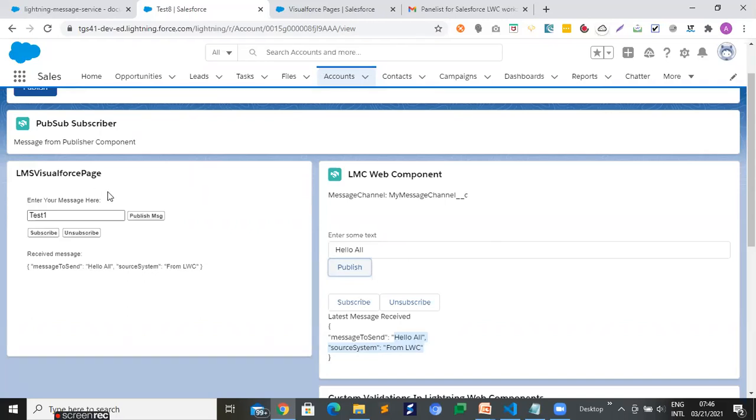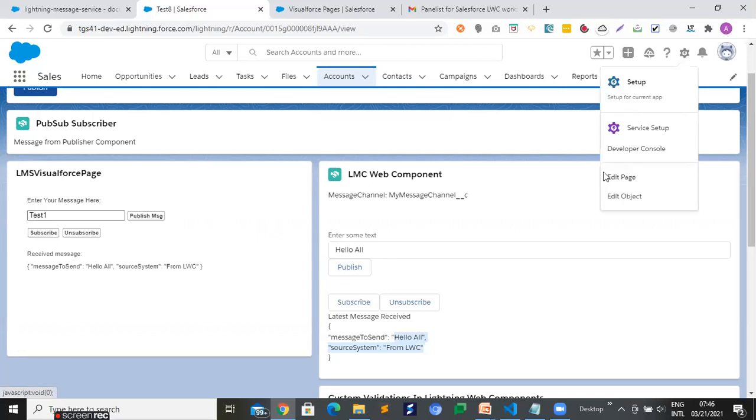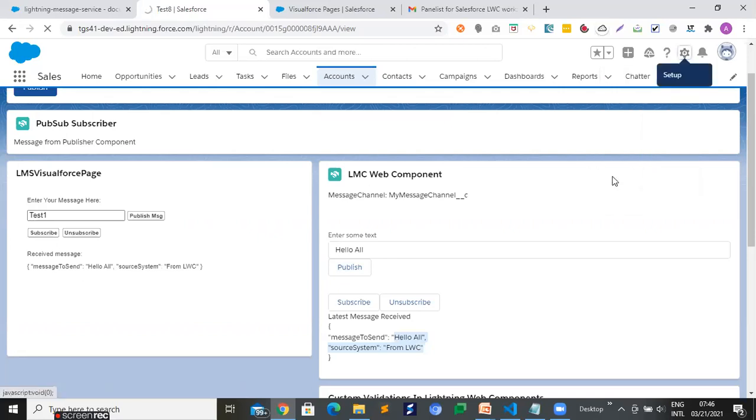If you want to add the VF page over there, what you need to do is simple: click on this setup, and we have the option Edit Page, right? In Edit Page, we have standard and custom, right? In standard, we have the VF page.